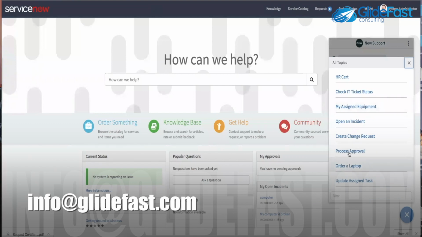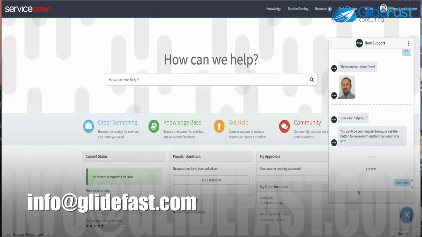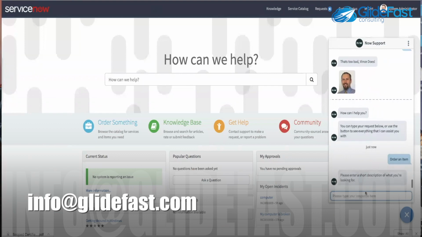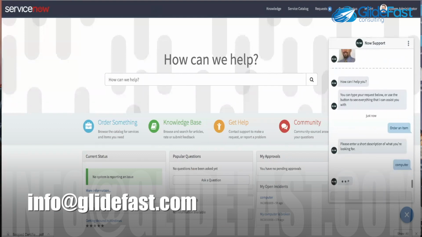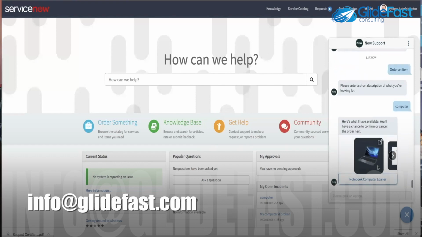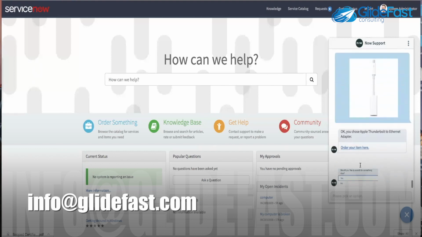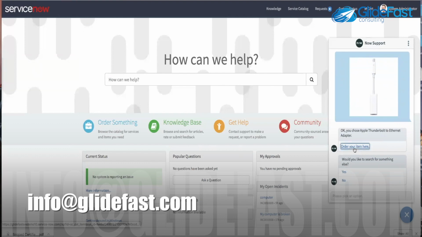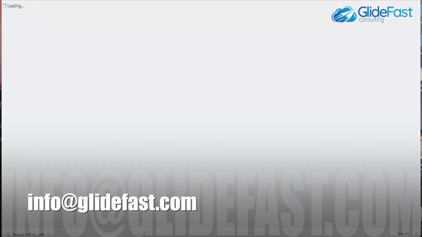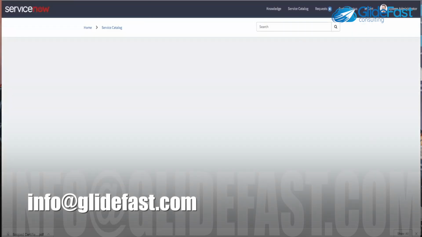We can do things like ordering an item. This is actually much more of an advanced workflow that we have in here. So if I wanted to order a new computer through here, you can be presented with this nice carousel, and this is obviously looking up to the service catalog. You can go through and order things, like I need a new adapter. And it would actually give you a link to go directly to it. So that's the way, it would take you directly to that catalog item,